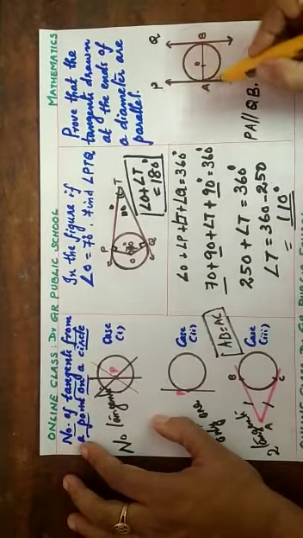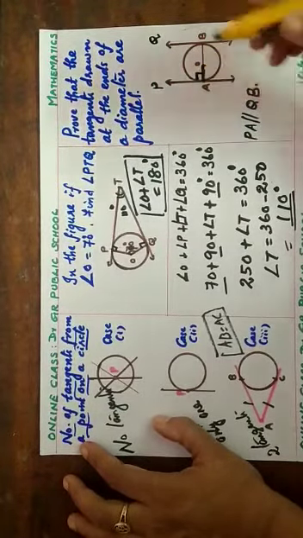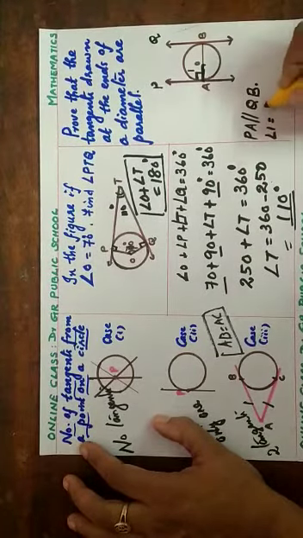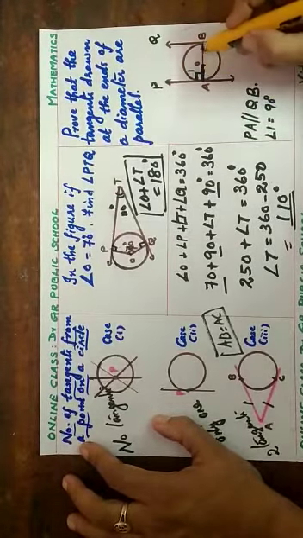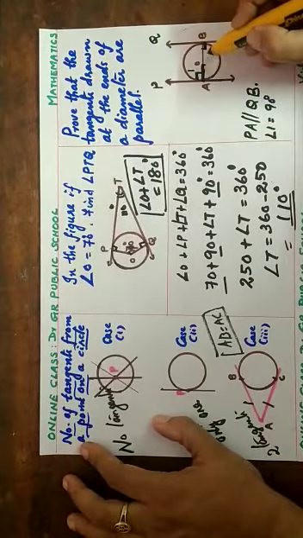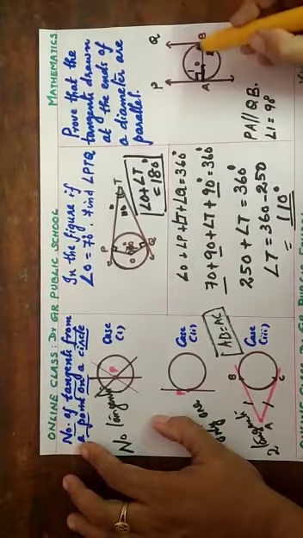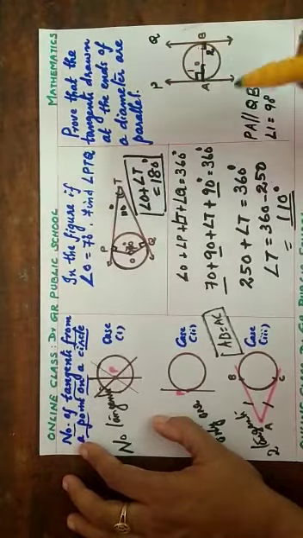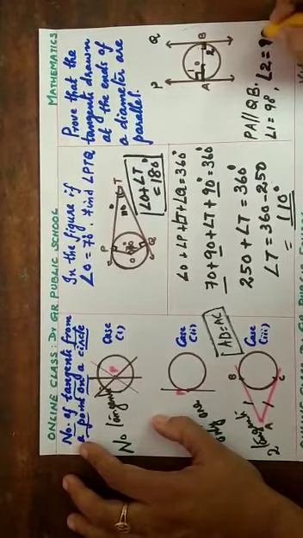Again, you know that this is the tangent and this is a radius. The angle between tangent and radius is 90 degrees, so I am going to mark that as angle 1. Angle 1 is 90 degrees. In the same way, the angle between the tangent and radius here will also be 90 degrees. I am going to take it as angle 2. Angle 3 is also 90, angle 4 as well; all the angles are 90 degrees. But based on the question, you need to take the angles. I am going to take angle 2 also as 90 degrees.